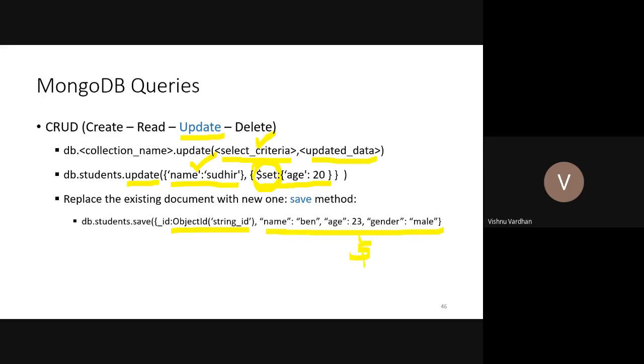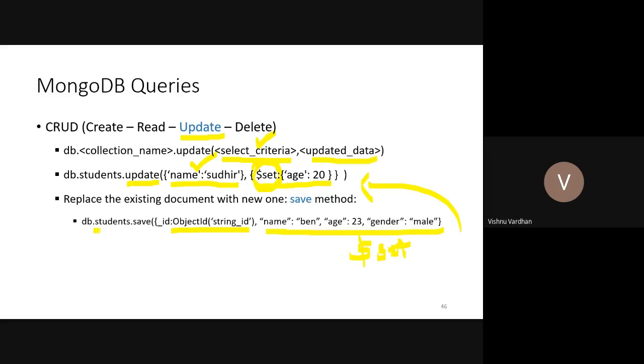Okay, so in this case we don't require the $set. In the normal update operations we need to provide the $set operation, like this example. Whenever you want to have multiple columns updated, you can simply take the object ID and accordingly provide the modified values. Accordingly they are going to be updated in the given collection.